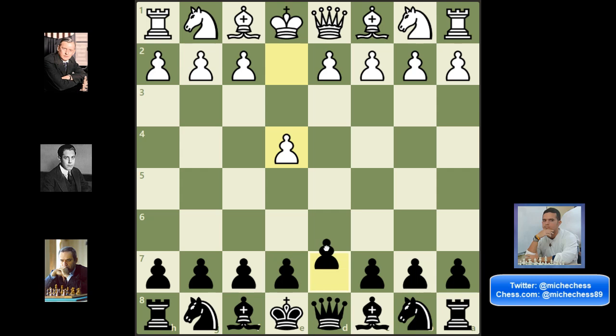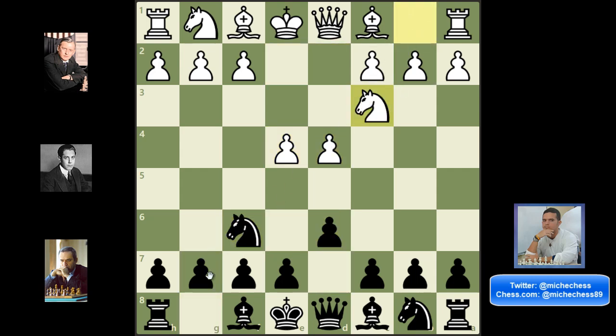I played d6 and then after d4, knight f6, and then after knight e3 we have a Pirc Defense on the board. At this point my opponent played this suspicious line, pawn to h3. It's a side line, not very common, so I just decided to continue with normal development for this kind of